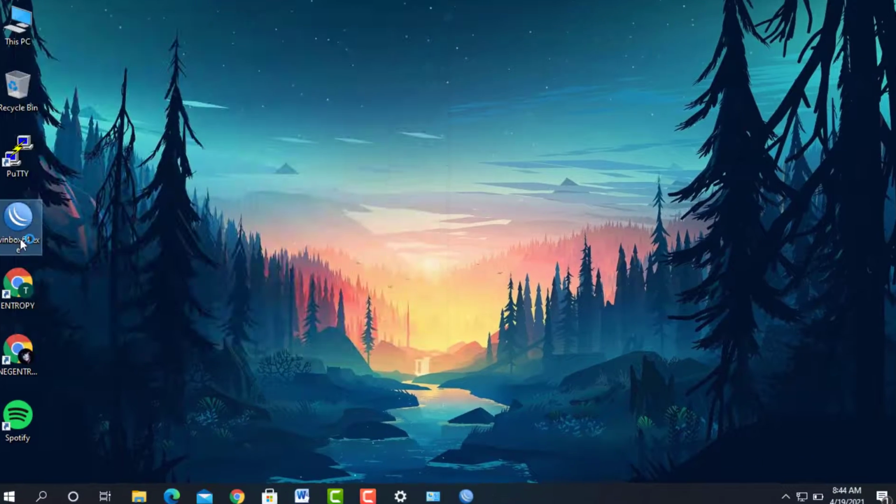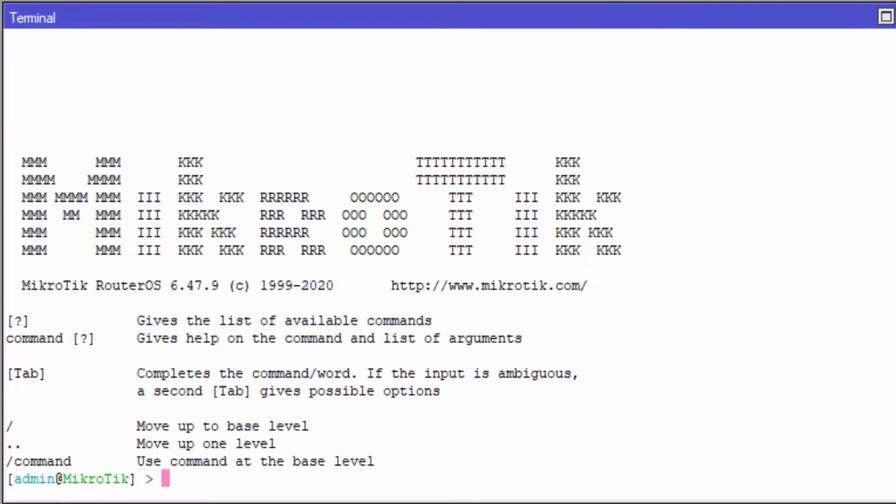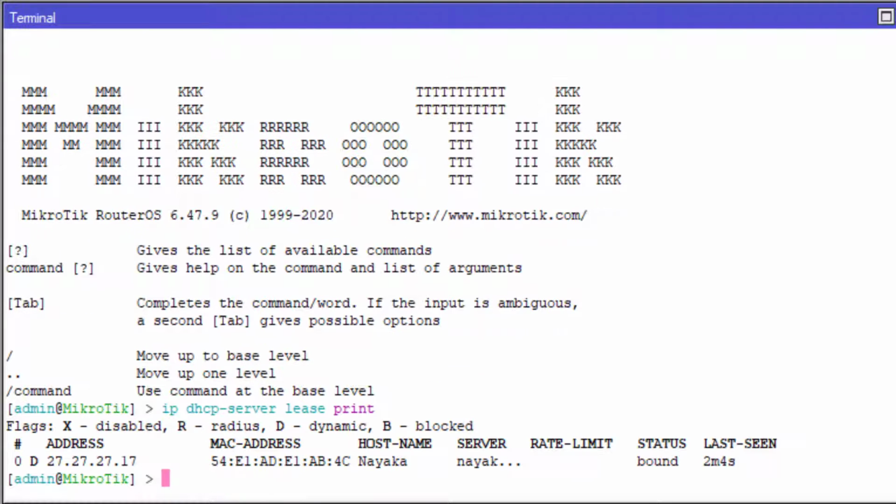We can also check which client used the DHCP server that we created with the command ip dhcp-server lease print. Well, it can be seen that the client using the DHCP server is Nayaka, and the address that she got is